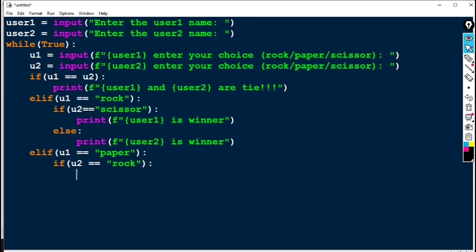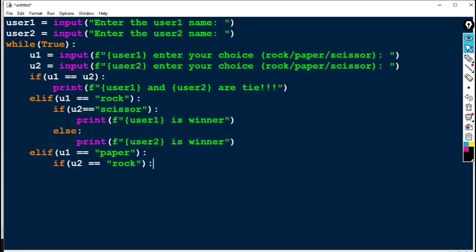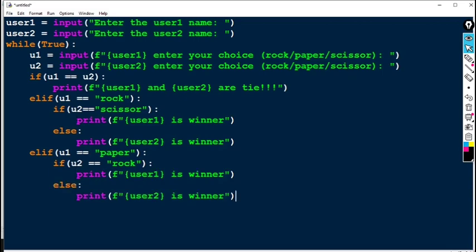Paper will be the winner. So print. I'm copying this whole statement, the same output will come here. Paper versus scissors, the winner will be the scissors. So that is nothing but user two.